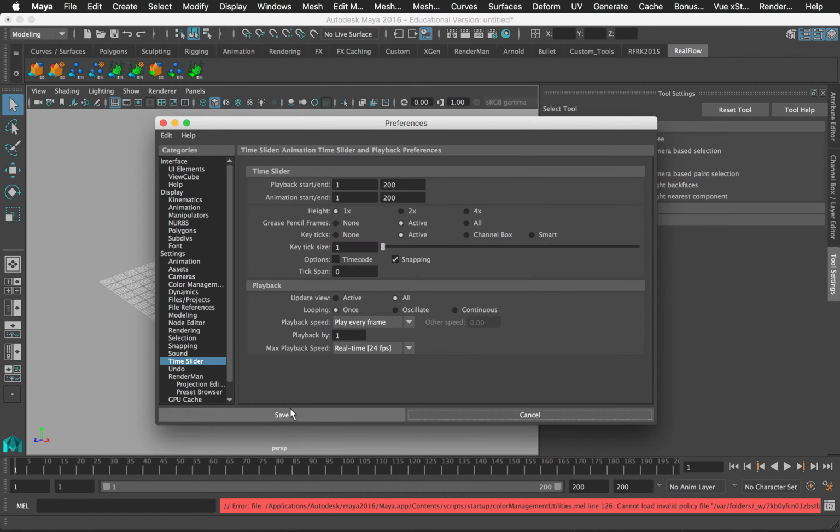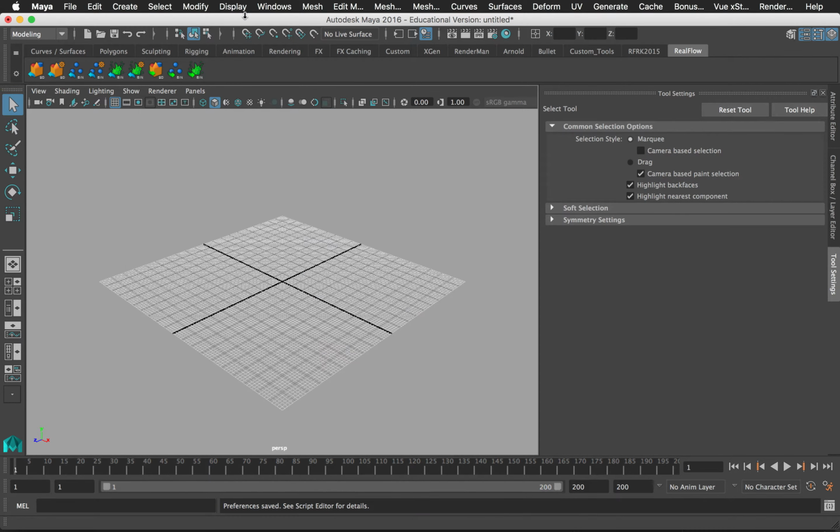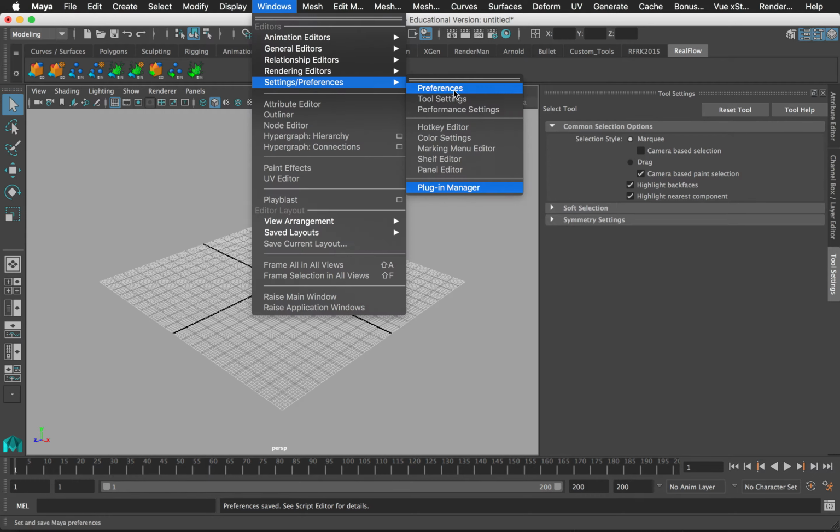Let's cancel the save this even. And then something else obviously I want to do is just go into my settings and preferences. So I've got some music on in the background. Let me just turn that